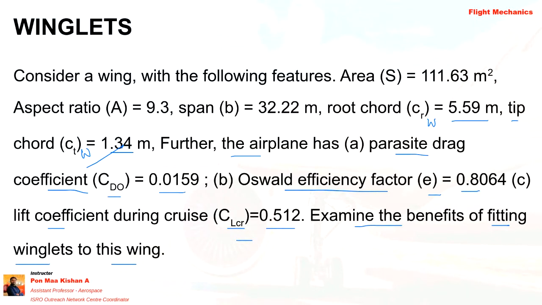So two things we are going to do in this lecture. First, we calculate CD for the configuration given here without the winglet, and the second configuration will be with the winglet. We will calculate the coefficient of drag and compare how much it has been reduced or increased. So let's get into the lecture. I hope everyone has noted the given data, right? So shall I move to the next slide? Yes. Okay, I'm moving to the next slide.